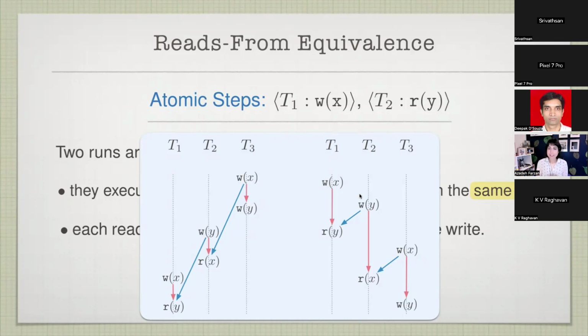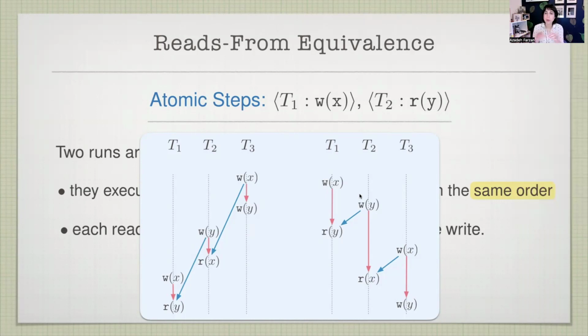It's an interesting question, but I want to emphasize that in this example, the answer doesn't matter because there is no read on either side that actually reads an uninitialized value. Does that make sense? In general, there are a lot of ways of cleaning things. So for example, if there are reads that read from uninitialized values, people assume that there is a set of writes at the beginning that write those uninitialized values, and you go back to this clean scheme in which you don't need to have considerations for this. Does that make sense? Okay.